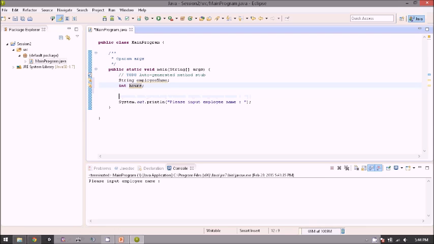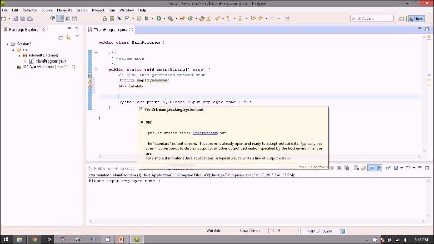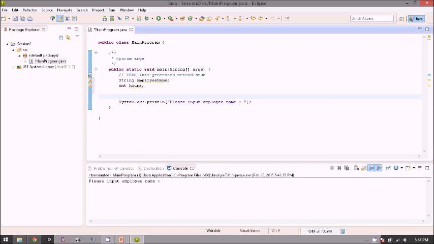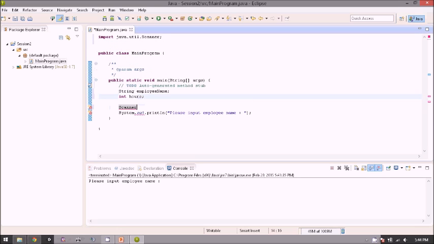And then the next thing, if we want to ask the user for input, we need to create an object of Scanner. So just type Scanner and use the autocomplete. Just press Ctrl and space, and if you notice there is this line that writes automatically. So we create an object of the Scanner and we give a name to the object. Let's name it input.